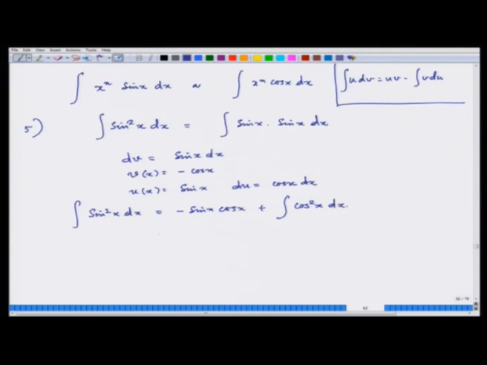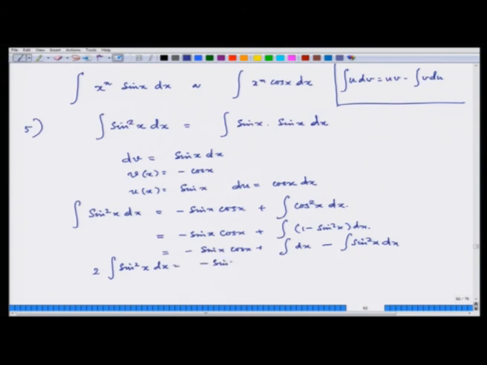Oh boy, what to do? Again an integral of a similar sort. So why not write cos square x as 1 minus sin square x. So what I will get is minus sin x cos x plus integral dx minus integral sin square x dx. So you take the sin square x to this side. So 2 times integral sin square x dx is equal to minus sin x cos x plus x,